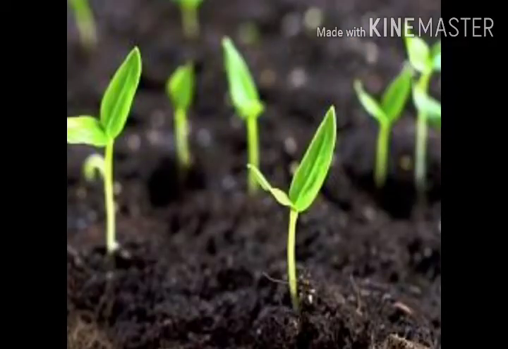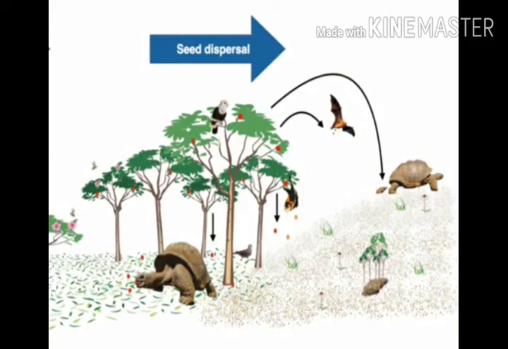Let us now understand about dispersal of seeds. Plants need adequate space to grow properly. If all of them grow under the parent plant and do not get enough space, many seeds will die in these conditions. When they will not get enough water, minerals or sunlight required for them to grow, they will fight against each other for the needs and the weaker ones will die. That is why seeds need to be scattered away from parent plants. This process of scattering or spreading of seeds to different places is known as dispersal of seeds.